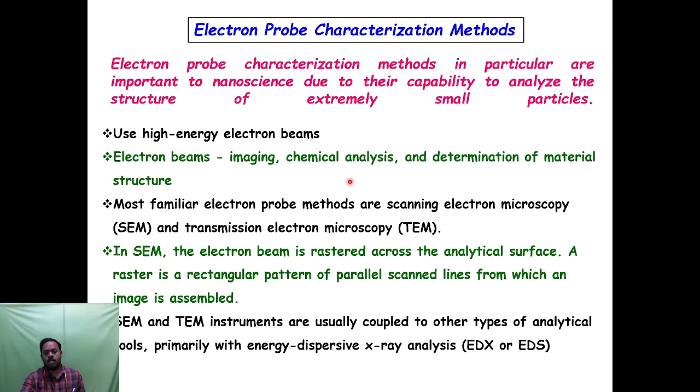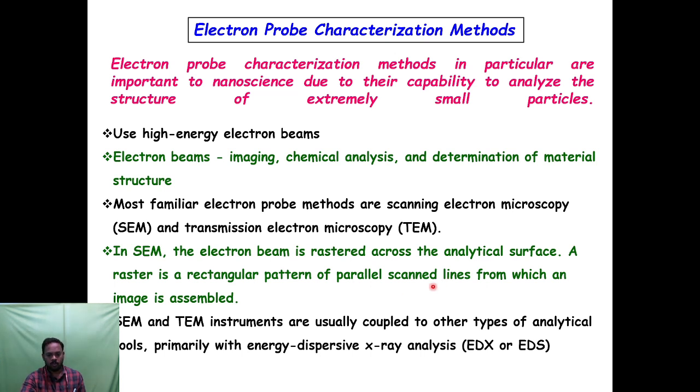The most familiar electron probe methods are scanning electron microscopy and transmission electron microscopy. Based on the nature of the samples, we can go for SEM or TEM for structural and morphological characterization. In the SEM, the electron beam is rastered across the analytical surface. The beam is scanned across the sample surface. The raster is a rectangular pattern of parallel scanned lines from which we can get the images of the